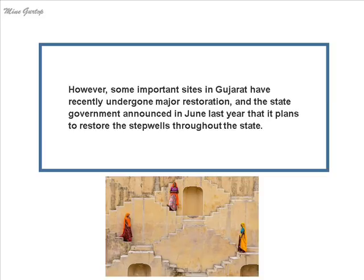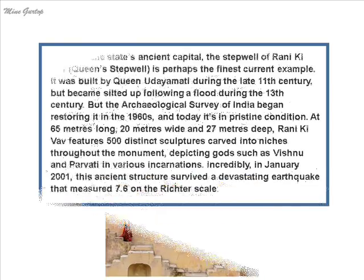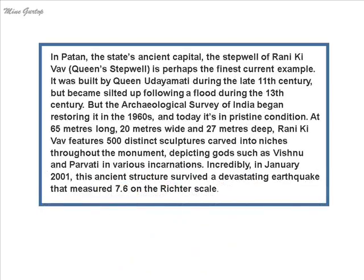However, some important sites in Gujarat have recently undergone major restoration, and the state government announced in June last year that it plans to restore the step wells throughout the state. In Patan, the state's ancient capital, the step well of Rani Ki Vav, Queen's Step Well, is perhaps the finest current example. It was built by Queen Udayamati during the late 11th century, but became silted up following a flood